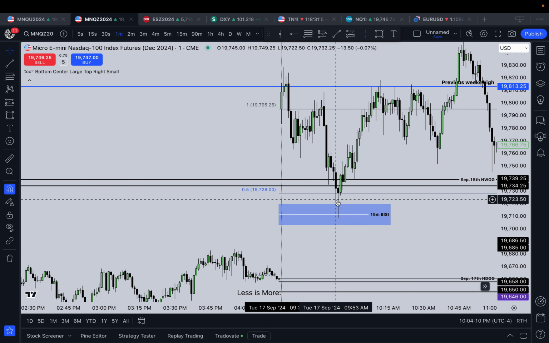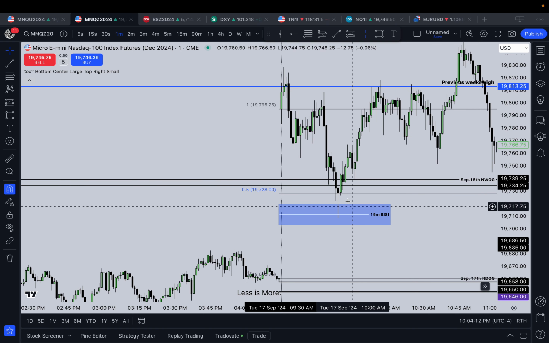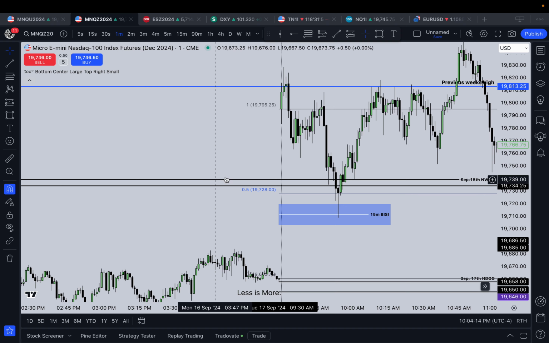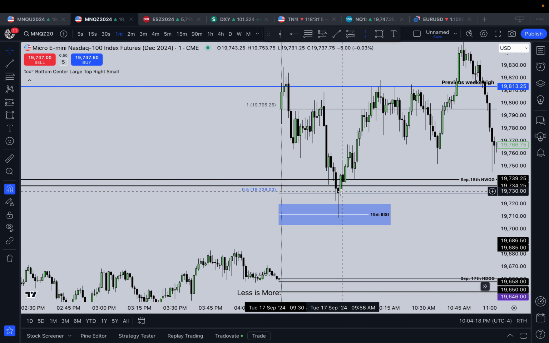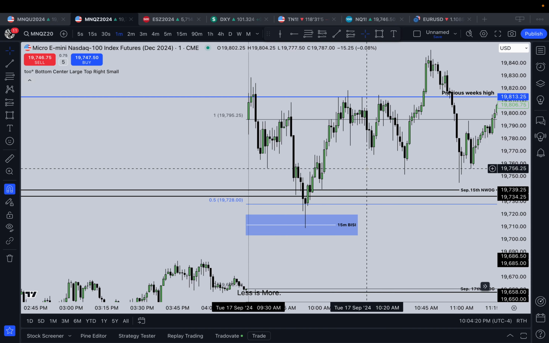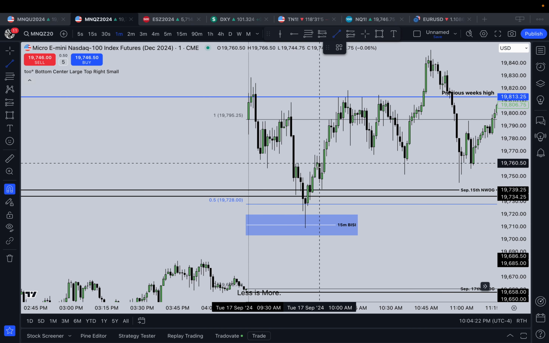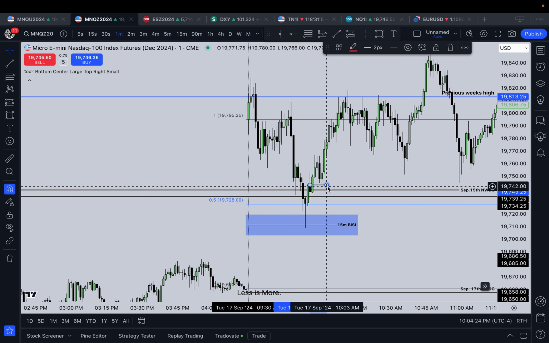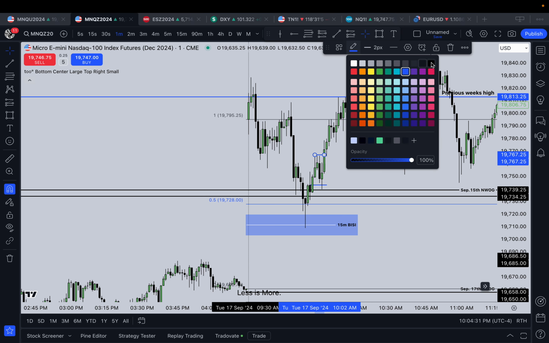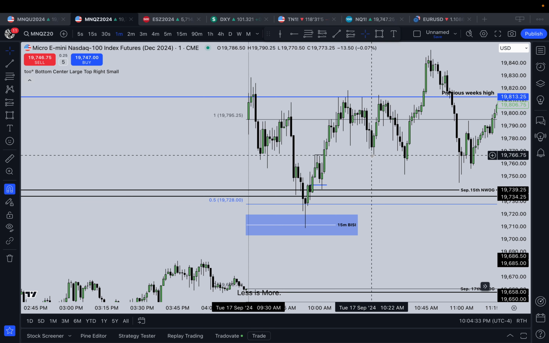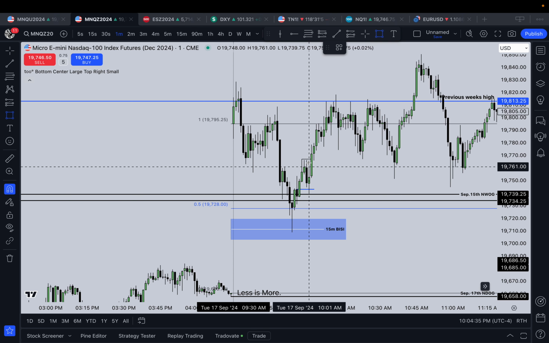So boom, we have that 15-minute BISI after taking out London sell side, which isn't shown here because we're on regular trading hours, and we have the opening range gap midpoint that is being respected by the bodies. So what do we do? We start running higher. We have this order block right here, and then boom, there's your shift in market structure, right? So then what do we have here?